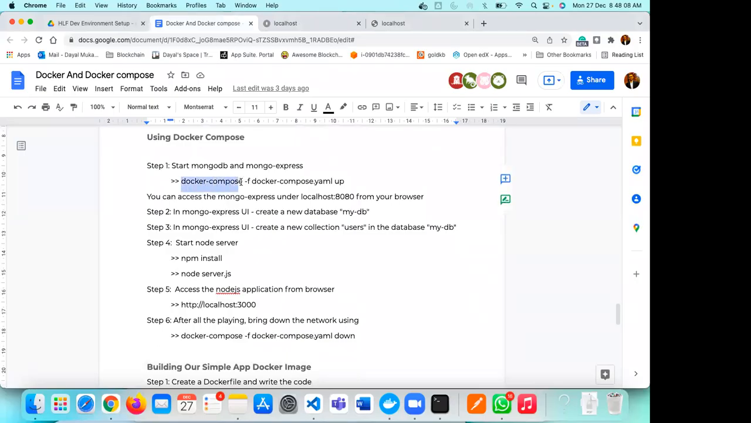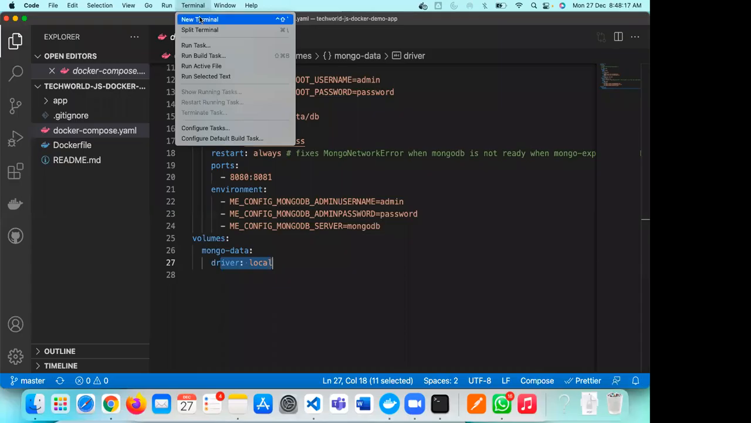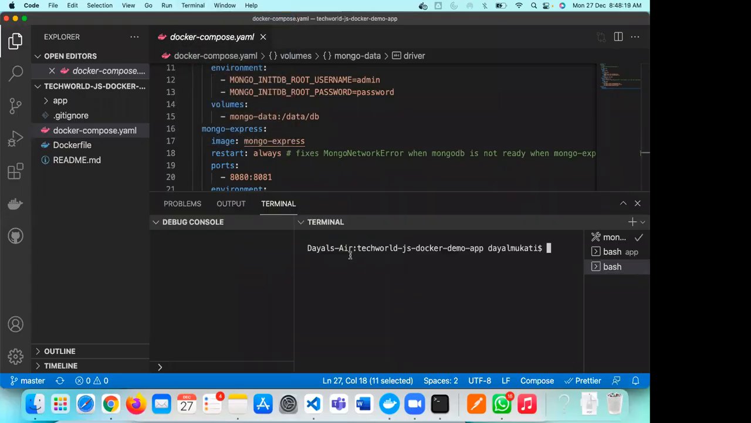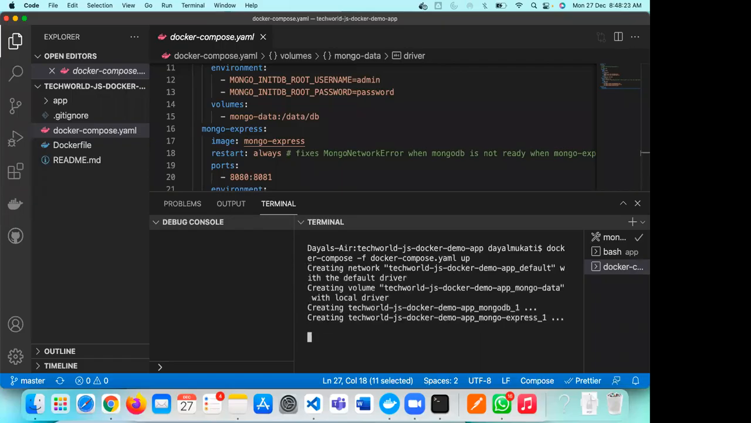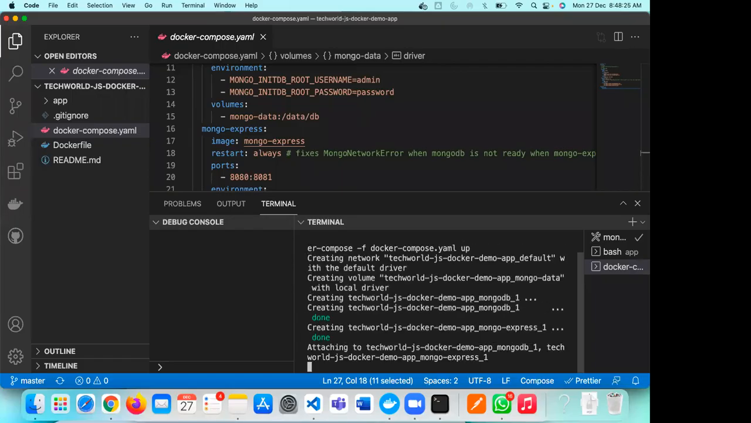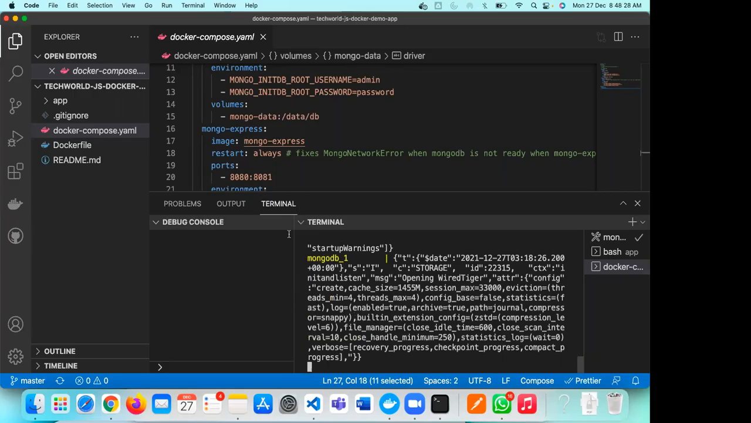I just type one command. This is the command, docker compose -f docker compose.yaml up. So I will open a new terminal here. Okay, and here, so now you can see creating a network tech world JS, and then it is running the